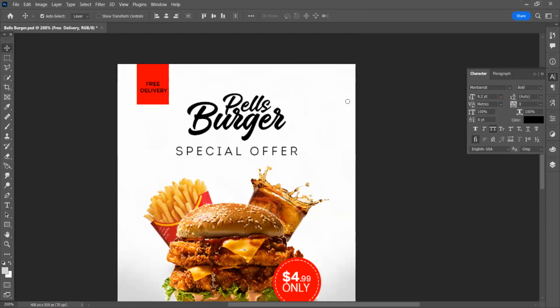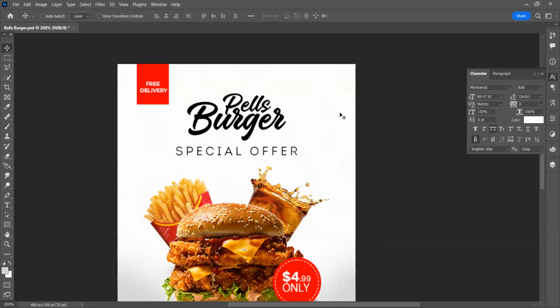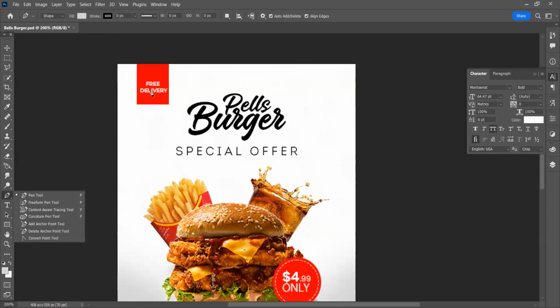So now we can change the color to white. Now I can do that triangular something that they did by using my pen tool. Just do like this. It may not be perfect, but we can still achieve something at least. Can you see now? Then what do I do next?